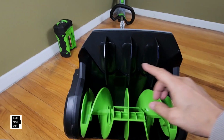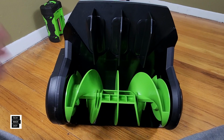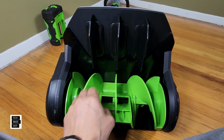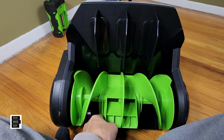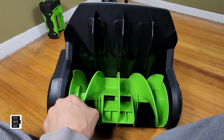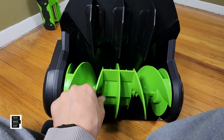Before I dive into the bottom, battery is out. Always be careful, always be safe. So here it is, right? I'm just going to call it the auger. The plastic auger. So this is all plastic, and it seems to have a metal bar that it holds onto. And again, I'm pretty sure it's replaceable. Now, I didn't have a problem with mine,